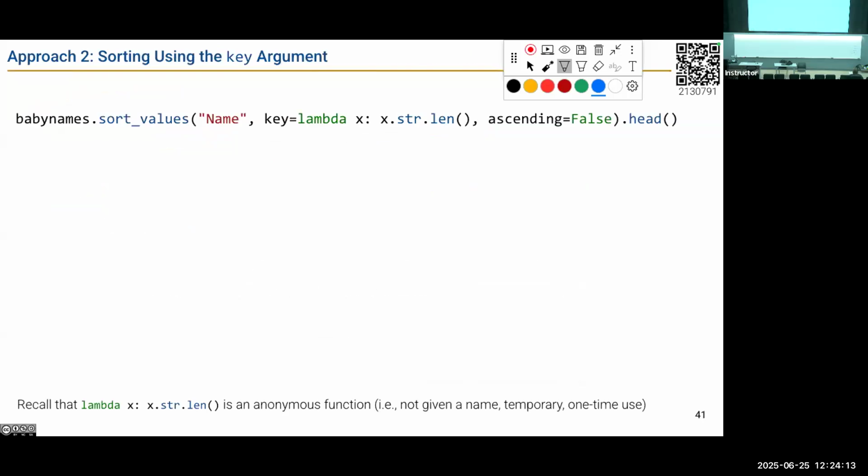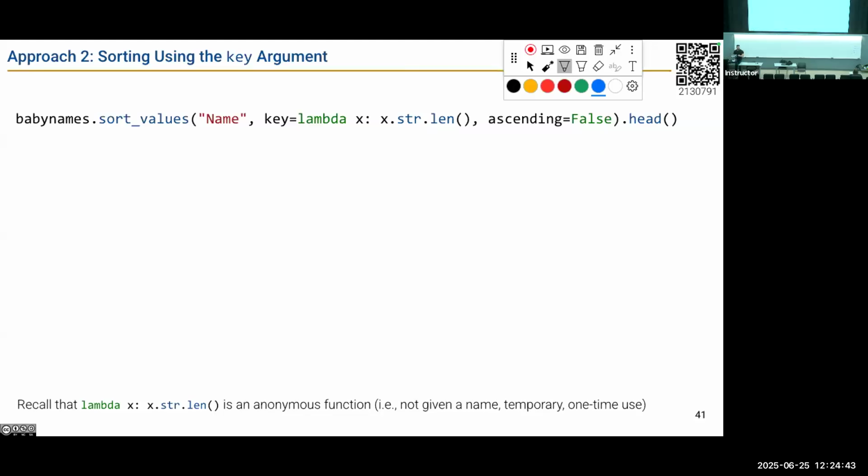Let's keep going. What's another way? Another thing we can use is called a lambda function or an anonymous function, which I think is covered in 88C and 61A, albeit briefly. And if not, we'll get you there. A lambda function is sort of a one-off function. It's anonymous. It doesn't have a name. There's no reason to save it in your code. You write it on the fly so that it can be used, and then your code won't use it in any other place. We don't need to keep it hanging around.